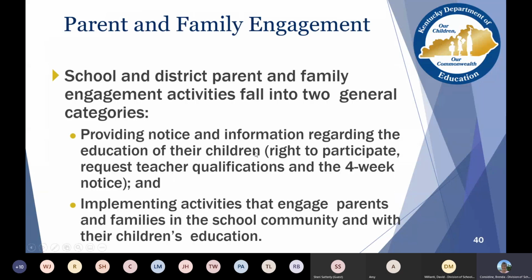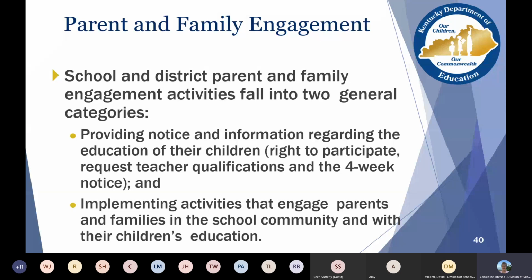So, moving on to parent-family engagement. Those activities fall into two general categories at the school and district level. You need to provide notice and information regarding the education of the students, the right to participate, the right to request teacher qualifications, and the 4-week notice.